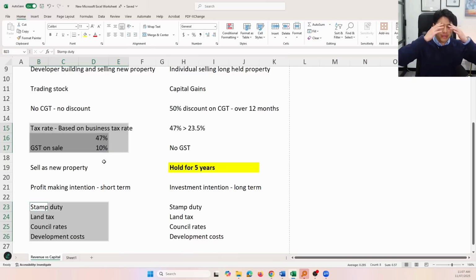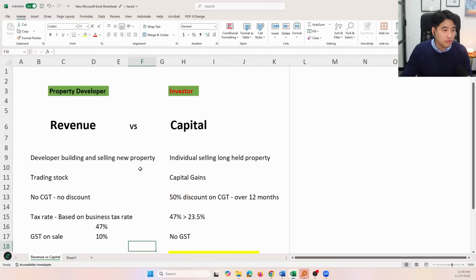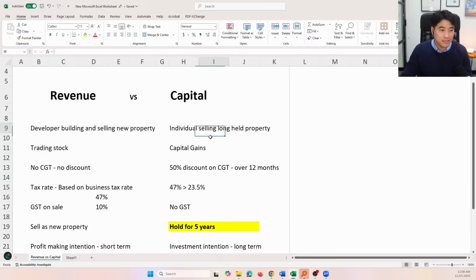And that's why a lot of property developers that are clients of mine are telling me, Davie, it's just too bloody hard to build property now. So don't blame the builders sometimes. I don't think it's the builder's fault. I think it's just the red tape, that there's just too many taxes that you have to worry about.